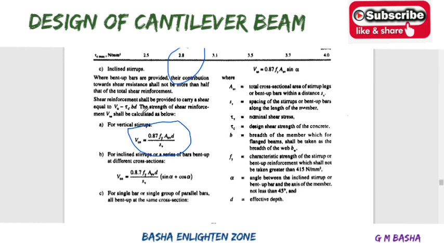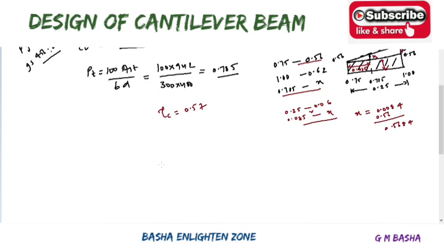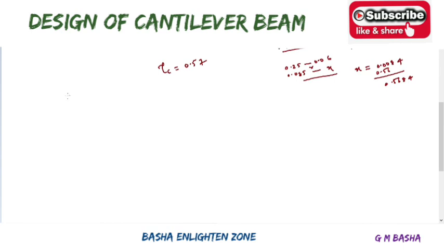Vus will be equal to Vu minus tau c into bd. Here find the spacing Sv value. So already I solved these models also. First take down the formula which was given in the code book, that is Sv will be equal to 0.87 Fy Asv d by Vus, where Vus will be equal to Vu minus tau c into bd, where